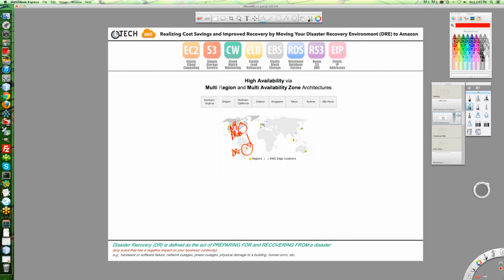When production comes back online, then you will resynchronize your data and be back in a fully production two-legged environment. One of the things that's interesting about this solution that I want to bring forward is, going back to the regional map here, if you are an organization that is multi-site, if you have an office in New York City, but you also have an office, let's say, in South America, if you put your DR environment on AWS in South America and you use active,